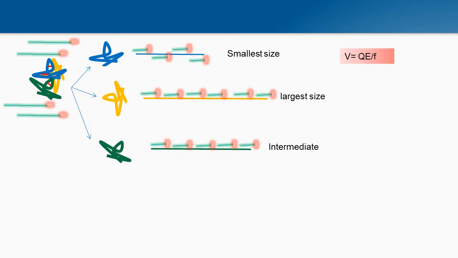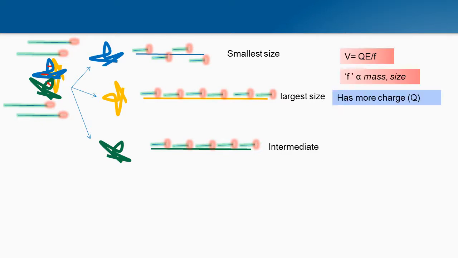Of course, the largest polypeptide, because more SDS binds to it. As please recall, SDS binding to protein is constant, meaning to 1 gram of protein, 1.4 gram of SDS will bind. So the largest polypeptide will have more grams of protein in it, or its molecular weight will be more, so more SDS will bind to it, and it will have more charge in it. So according to this equation, it should migrate the fastest in the gel towards the anode, or we can say the positive terminal. But it doesn't happen like that.